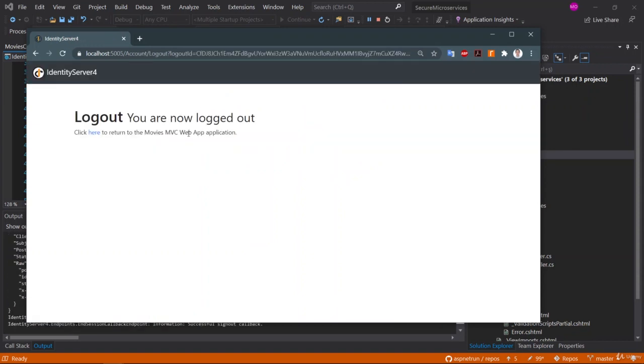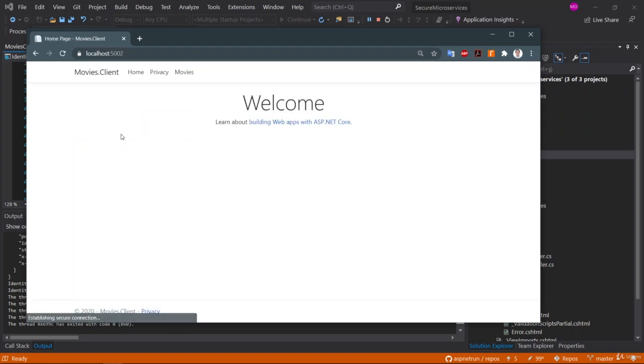Yes, now that we have added the post logout redirect URI parameter, there is one more line in here. This line says that when we click this here button, it will return to our Movies MVC web application, because now it remembers our main application, so we can navigate back to our main application, right?